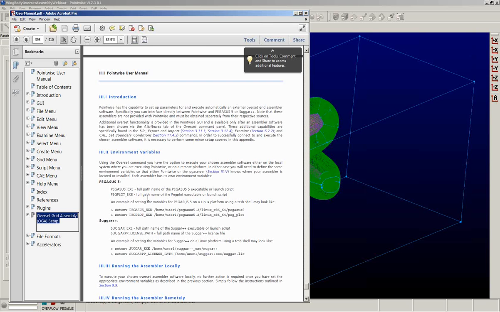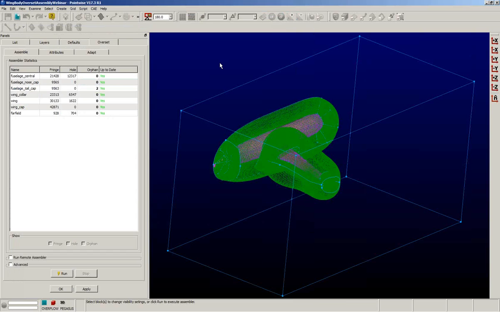So there are some environment variables that you'll need to set up for each of these assembler packages, and they're all documented with examples here in the user manual. Okay, so that's enough for the user manual. So just getting back to the